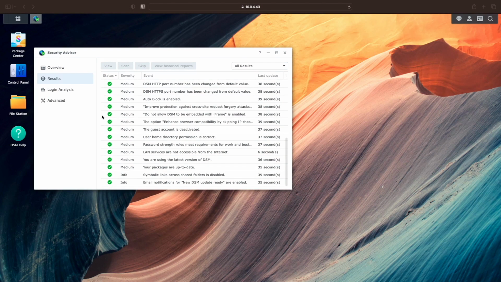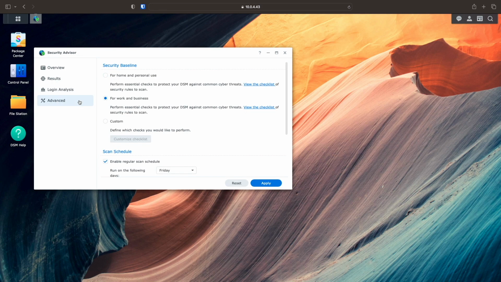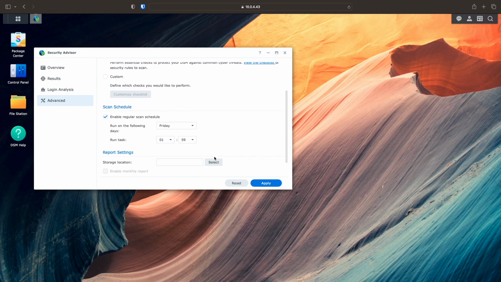Next, I'll briefly look at the Login Analysis section, which analyzes login information from public IP addresses. If you do expose DSM publicly, you'll be able to find login information from this window. Under Advanced, we can change the security baseline, set up a Security Advisor scan schedule, which is enabled by default,